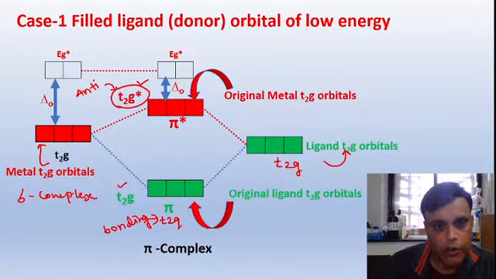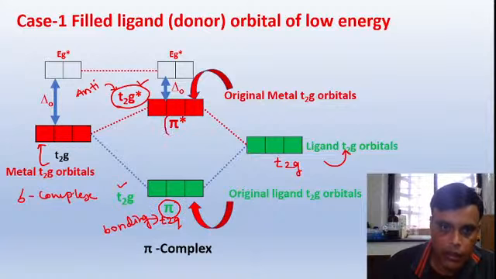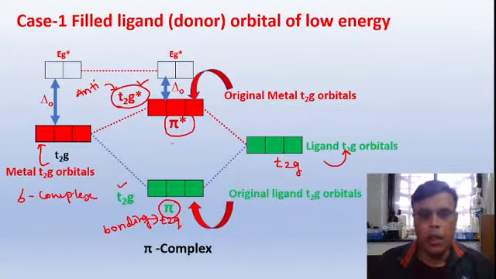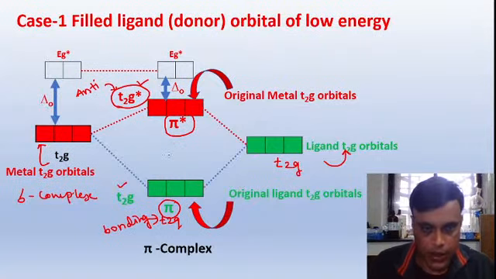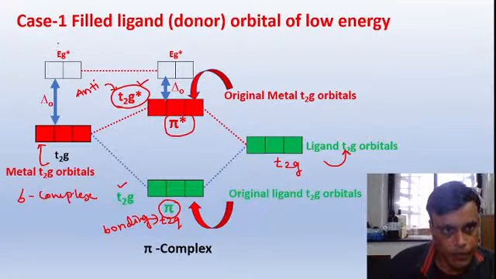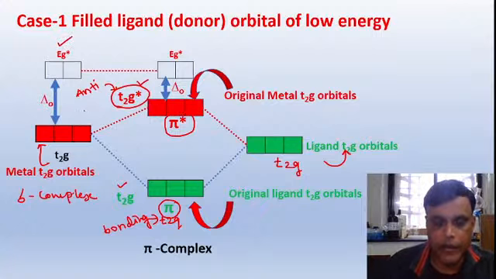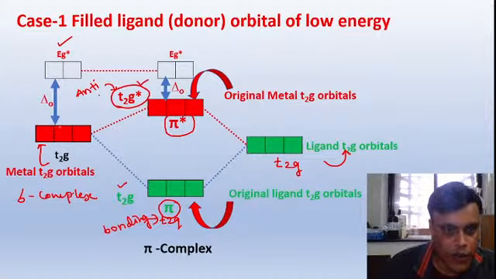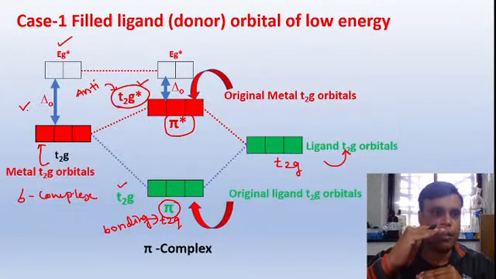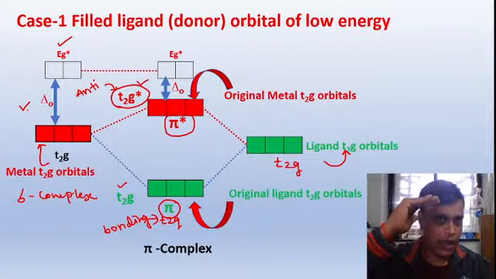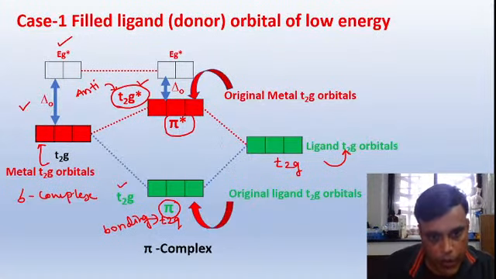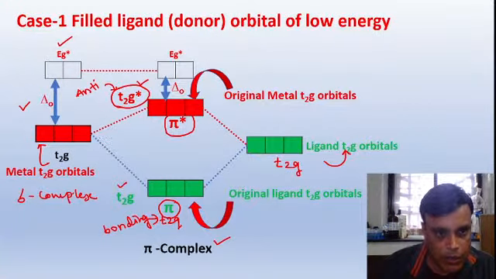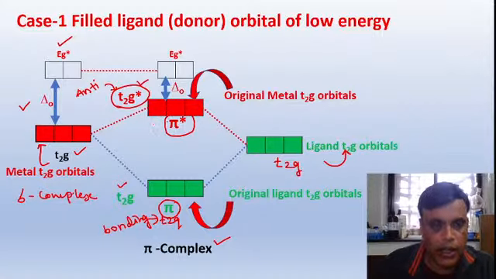Here, if you see, this is a pi bond, or we can say it is a pi orbital, and here, which is having higher energy, it is a pi star orbital. This EG orbital will remain unaffected. Now the energy difference in sigma complex is high. If you see here, the gap between T2G and EG star in sigma complex is high, and for that gap in pi complex, what happens is that this T2G orbital from metal